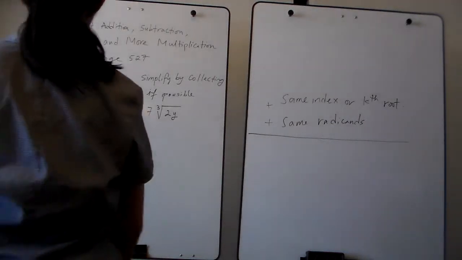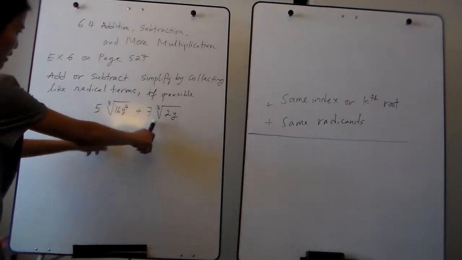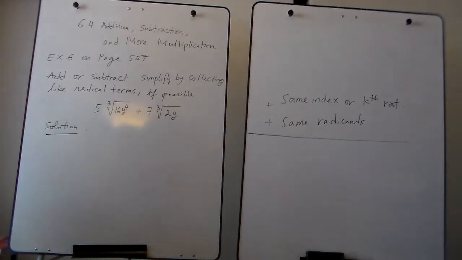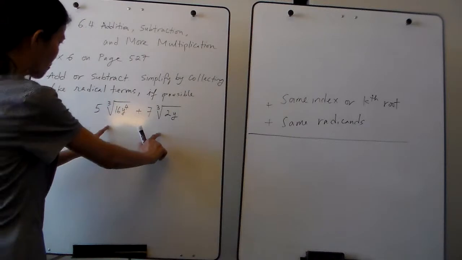Example 6 on page 527. Add or subtract, simplified by collecting like radical terms, if possible. So we're given here two terms with cube root radicals. Before combining these two terms that involve radicals, you need to check if the radicals of these two terms